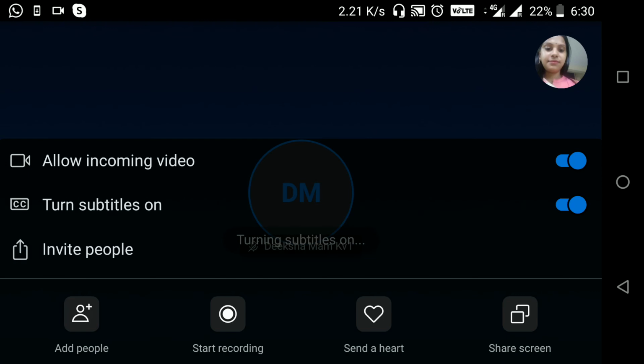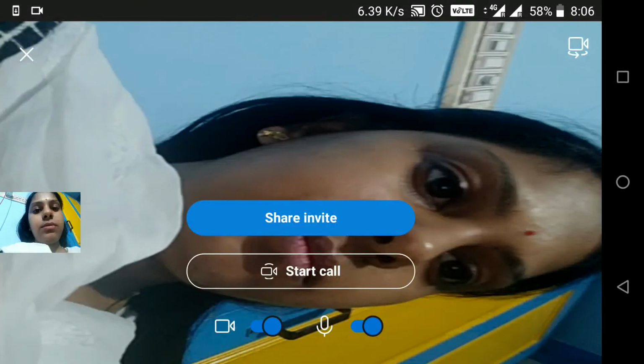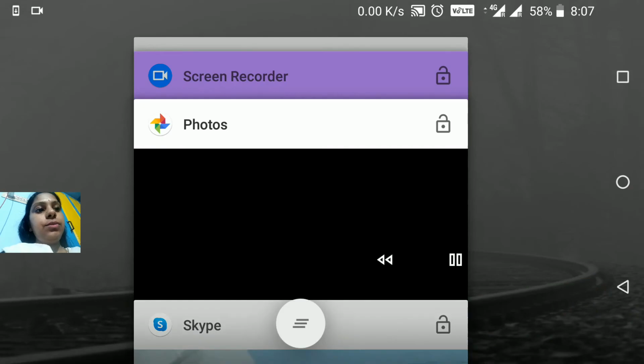So, I will start by clicking on share screen. A message appears on your screen asking whether you want to share your screen or not. So, I will click. I have clicked the start now button. Now, I can share my screen with the children. So, I will directly go to my drive.